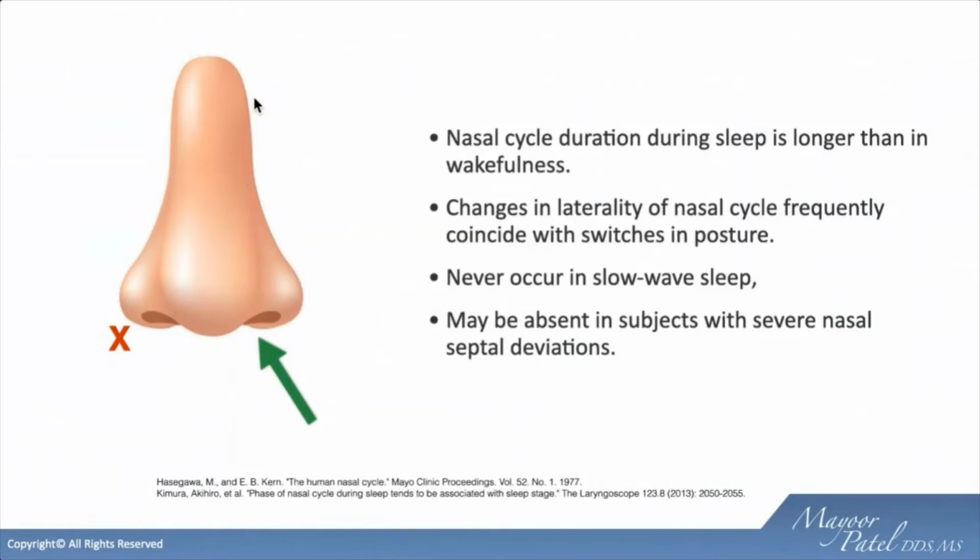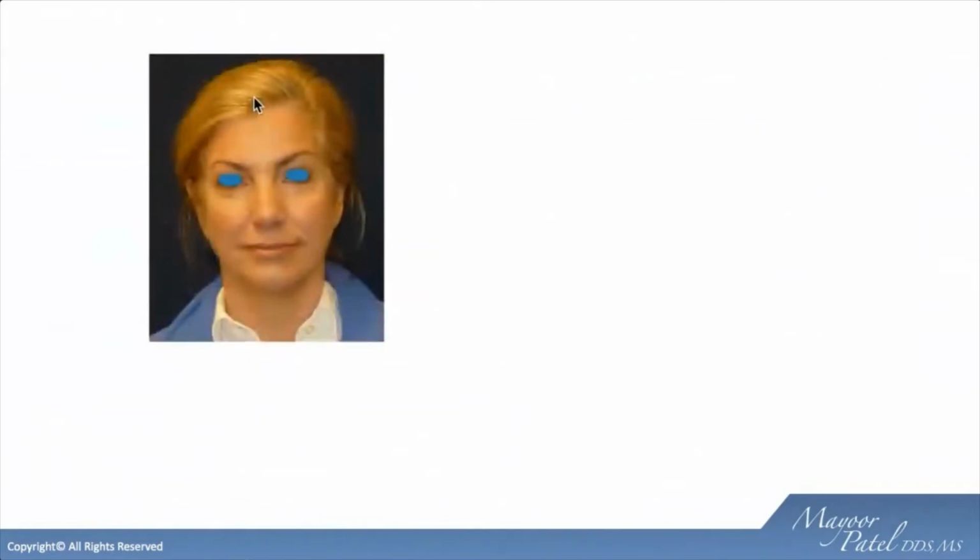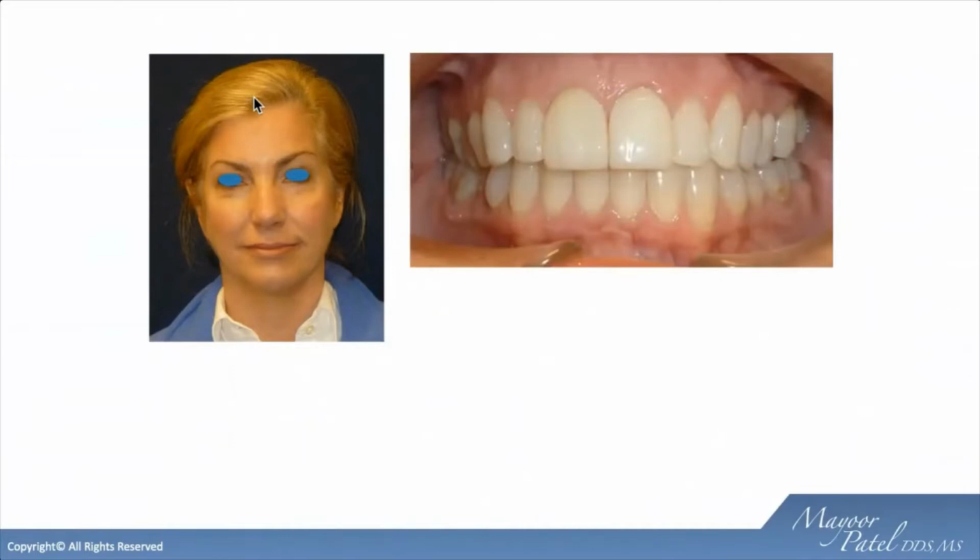So by understanding that and by knowing this, if we look at this lovely lady here, first thing I want you to look at is her eyes. Now you'll see that her right orbit might look a little bit more inferior to her left. And if we look inside her mouth and we look at the buccal flare of her maxilla, you'll see that possibly on the right side, it's not as flared out as it is on her left side.